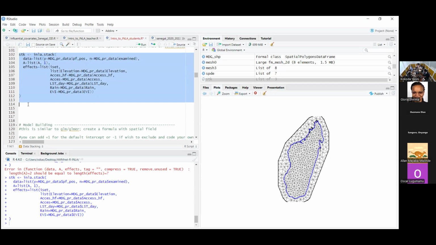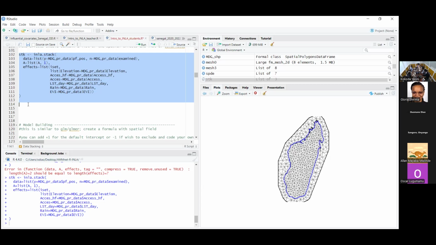Right, then you get the flow. Just come. Then the last one is